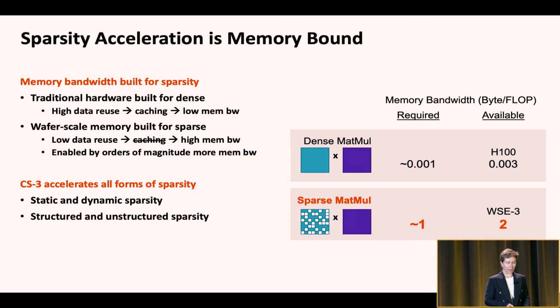But in order to take advantage of that, you need special hardware. Sparsity acceleration, the ability to take advantage of sparsity, is a memory-bound problem. You need a lot of memory to be able to efficiently do computations on those sparse tensors. For example, if you do just dense matrix-matrix multiplication, you need 1/1000th of a byte to be retrieved for every operation. That can be achieved pretty well with existing GPUs, because you can reuse a lot of the data, and you can use small caches with high data reuse to keep GPUs busy. But if you want to run operations with sparse tensors, you need 1,000 times more memory bandwidth, which is not